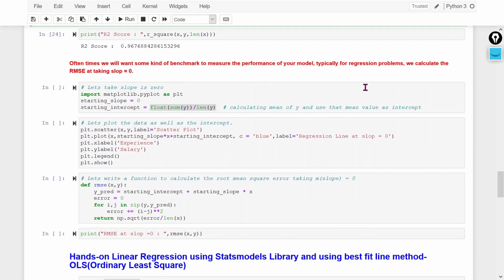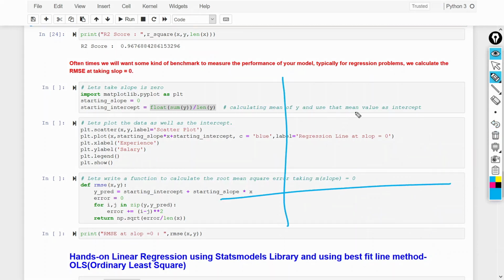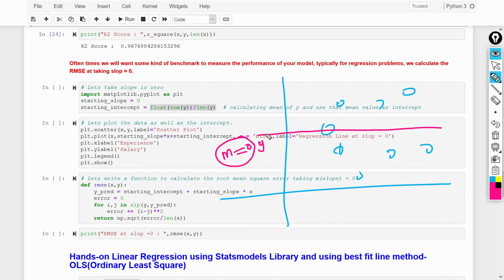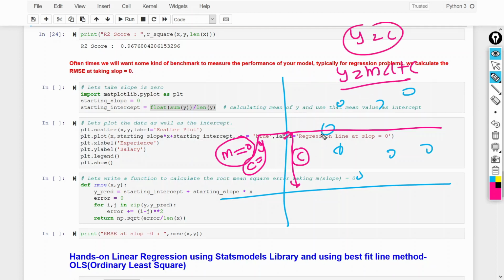So normally what we used to do, we create a base model, right? In a normal scenario, first we create the base model. How can we create the base model? Let's see how we can do that. Let's say these are some data points I have. So what we will do, we will use this particular line where m will be equal to 0, means slope will be equal to 0 and c will be equal to this particular y mean value. So in the linear equation y is equal to mx plus c, y is equal to c by using this particular line, right?